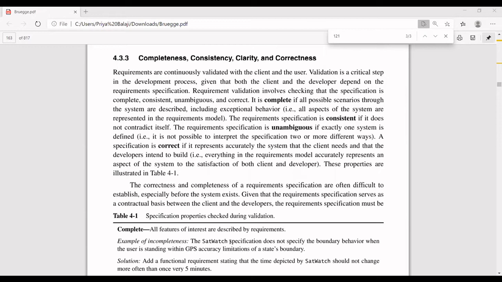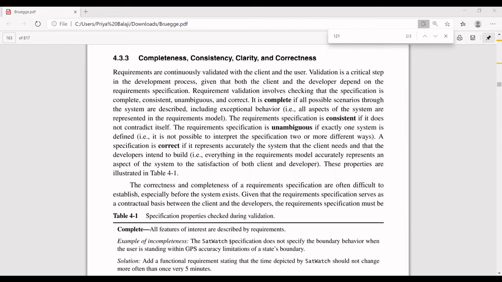Yes, what is meant by complete? The project should not have any errors or need any clarification from the client side. It should be perfect with whatever requirement they are giving. That is called completeness. We already discussed it.